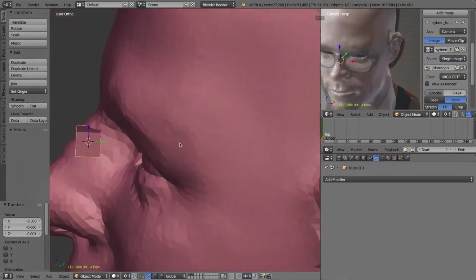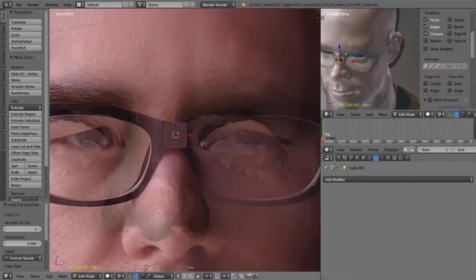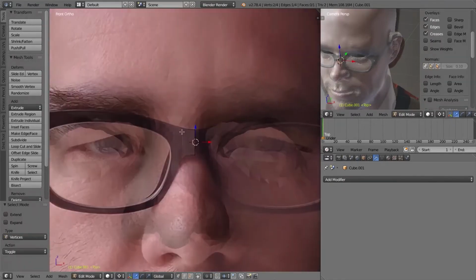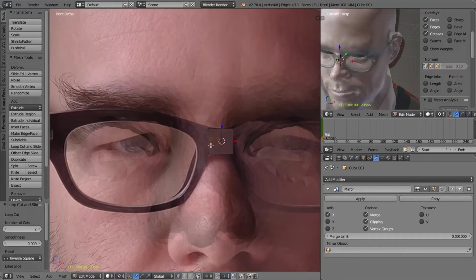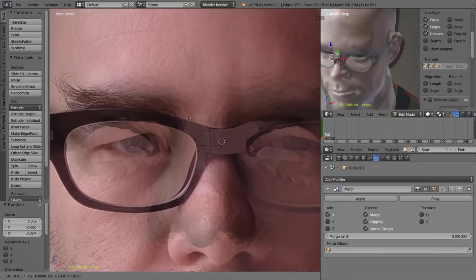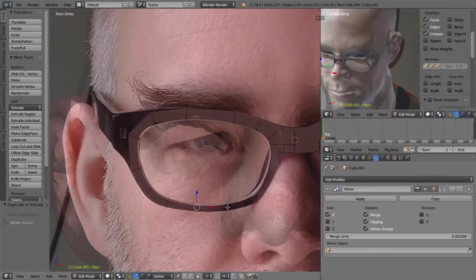And yeah, this colleague of mine, he uses glasses, so it's helpful to just get those in there as early as possible. I rarely ever see him without glasses, so modeling him without glasses was very unusual and strange. So I felt like I just needed to get them in there as soon as possible.